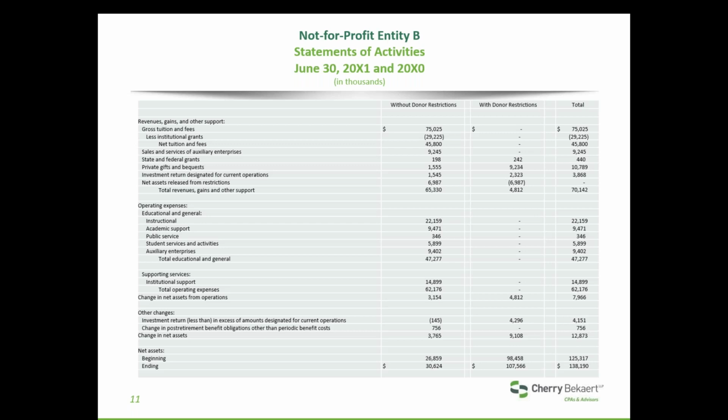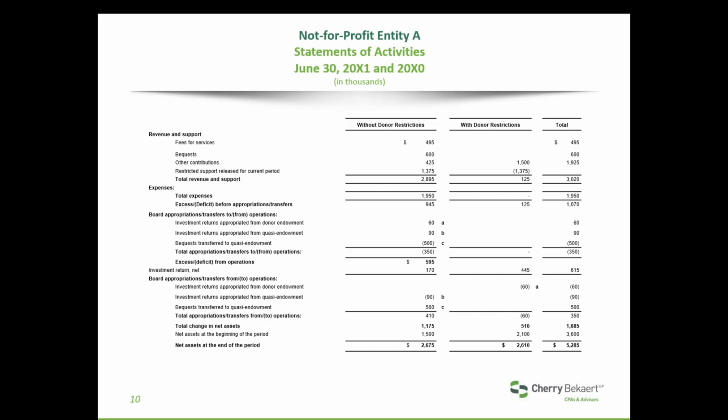There was an initial thought when FASB was doing the exposure draft to include an operating measure requirement, but FASB decided to punt that, and the ASU does not require that now. However, if your entity does show an operating measure and you reflect governing board designations, appropriations, and similar actions within that measure, you're required to disaggregate them and describe them by type, either on the face or in the notes. And what that means is what we saw in the previous example, where they're showing the board appropriations for operations and then the board appropriations that aren't.